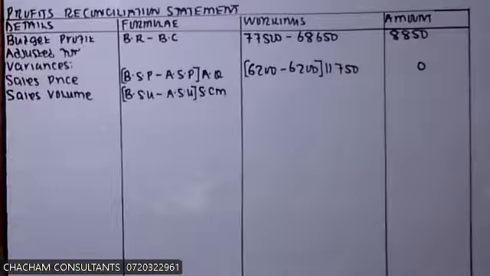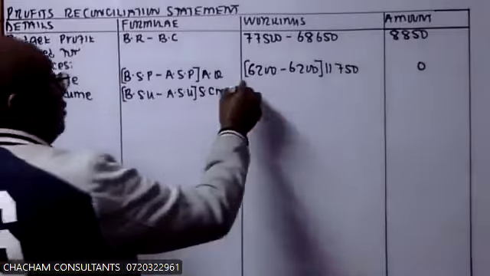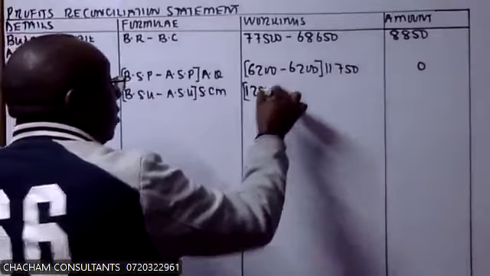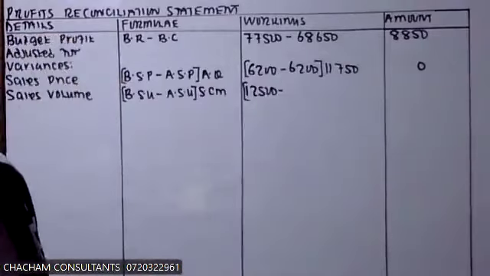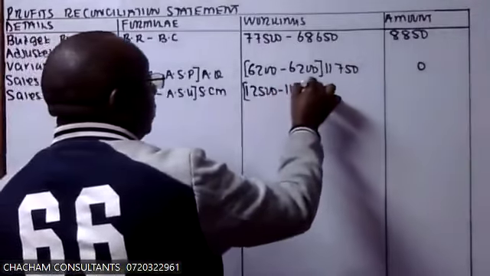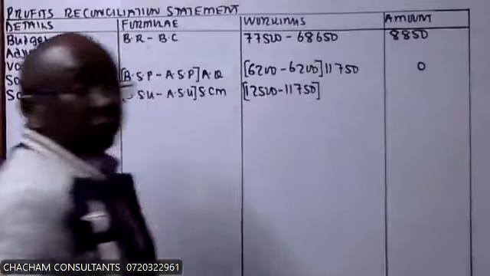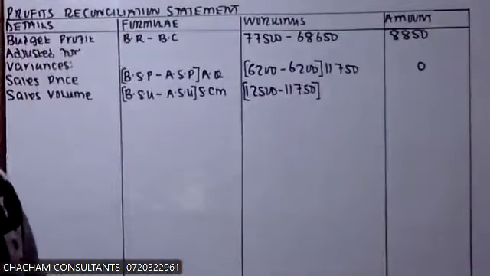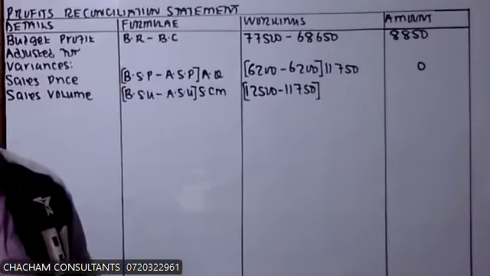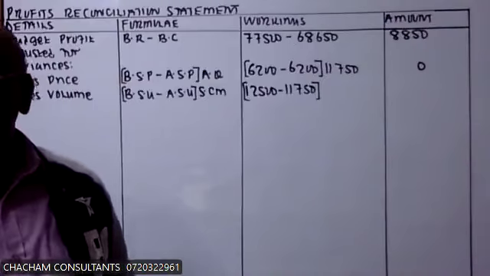According to the budget, we were to do 12,500 kilometers. But in reality, we ended up doing 11,750 kilometers. So the standard contribution margin, what you shall do, you take